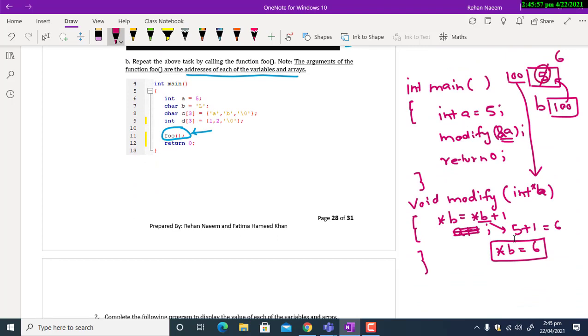Original value को modify किया जा रहा है, and इस तरह के आर्गुमेंट्स को जो आप पास कर रहे हैं, इसको हम कहते हैं pass by reference. The mode in which the address is being passed to a variable so that you are modifying the value of some variable, this mode is called pass by reference.